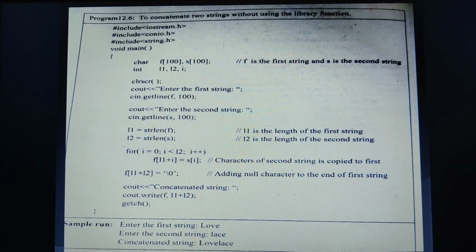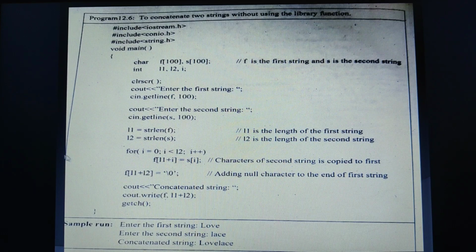What is concatenate? Concatenate is the process of combining two strings in order to form a single string. This process we call concatenation. In our previous class we have seen the string concatenate built-in function, how it was combining two different strings. Now here is a program without using the built-in function.